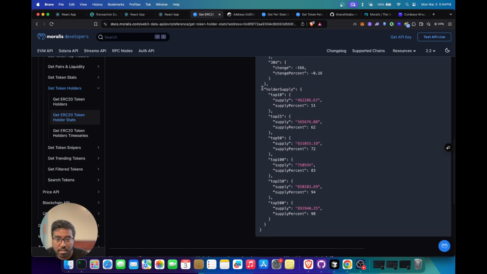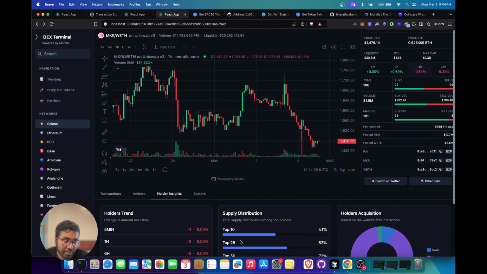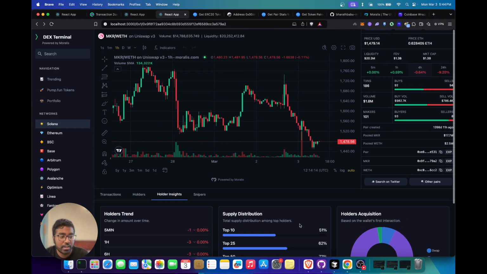And coming to that holder supply, this is what gives you that response as well. You can see the top 10, you can see the top 25, 50, etc. And this is what we use in order to create these kind of cool looking charts, which we're doing with chart.js. So before we go into the implementation of all this, I just wanted to show you all of the